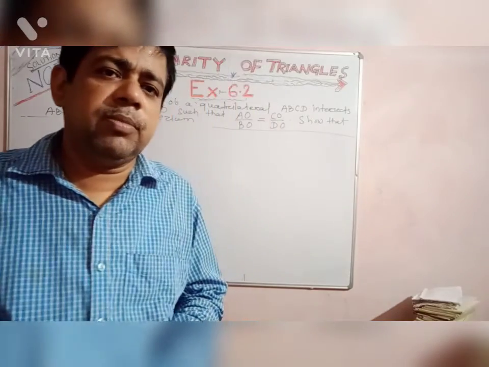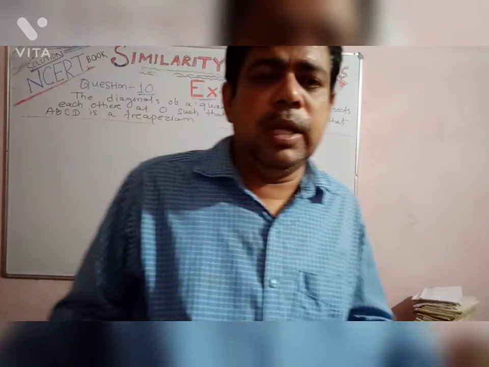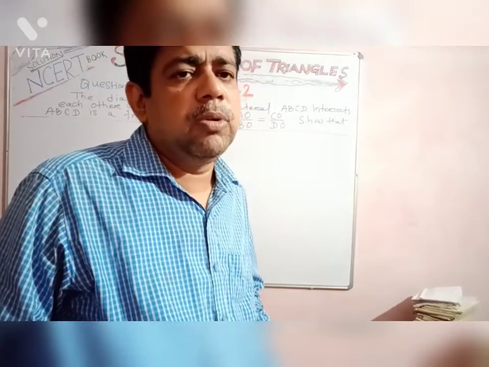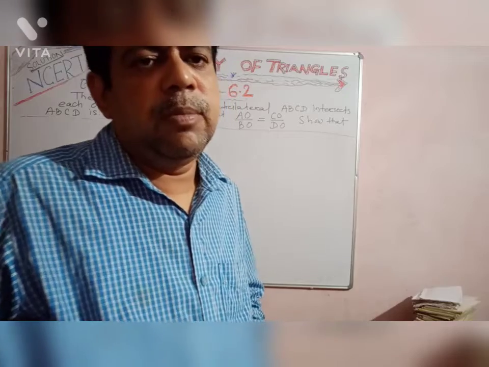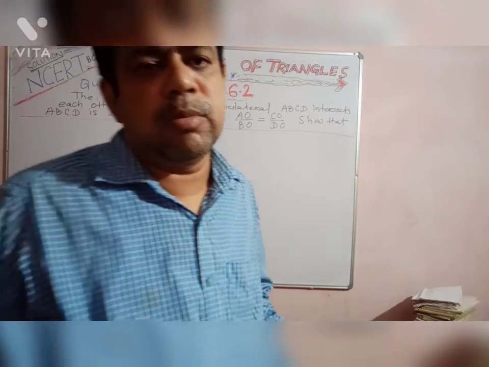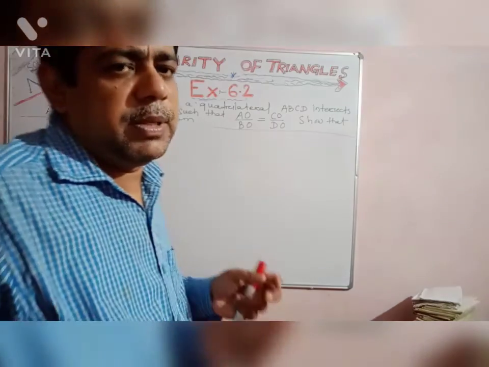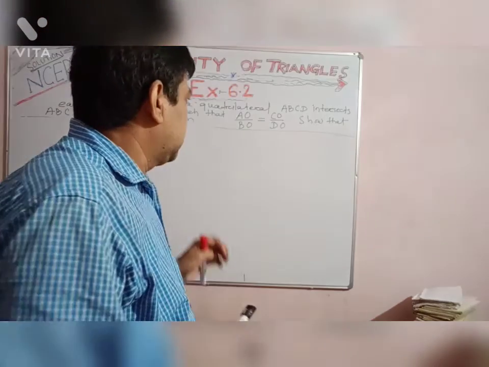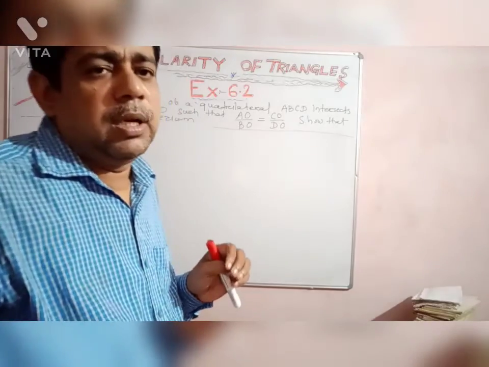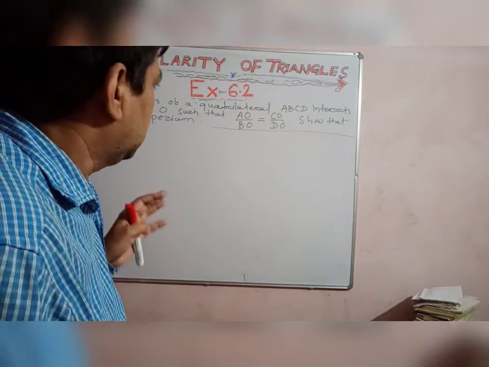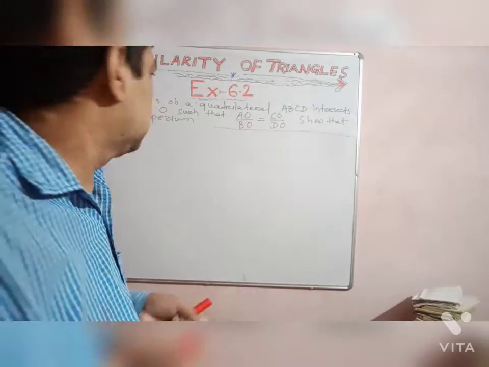And here I am going to discuss a problem from the NCERT book, exercise 6.2, question number 10. Here I am going to explain it for you. This is another interesting question based on the concept of the basic proportionality theorem and the converse of the basic proportionality theorem. In this question it is given that ABCD is a quadrilateral and the diagonals of the quadrilateral ABCD intersect each other at the point O, and AO by BO is equal to CO by DO,